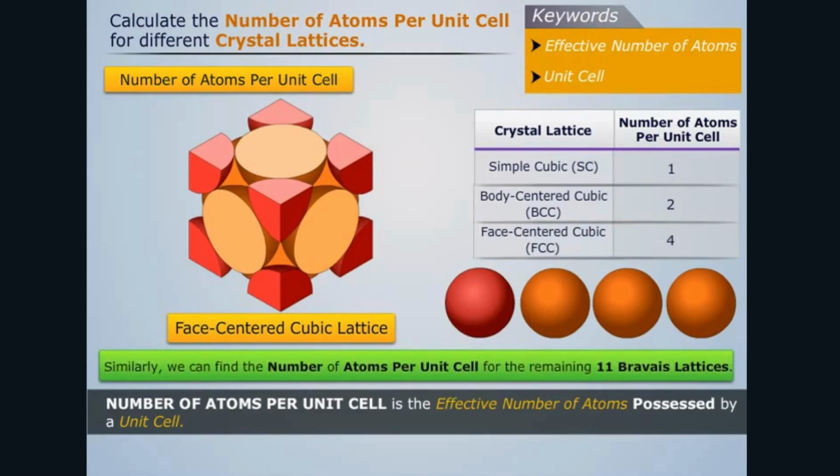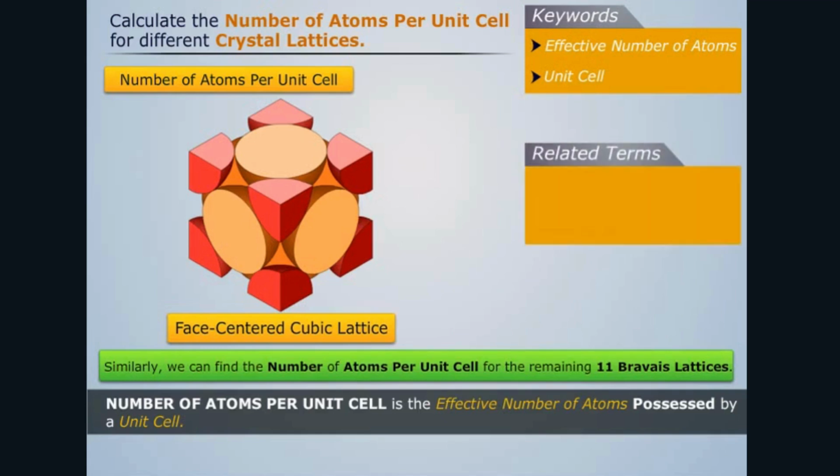Similarly, we can find the number of atoms per unit cell for the remaining 11 Bravais lattices. Related terms are